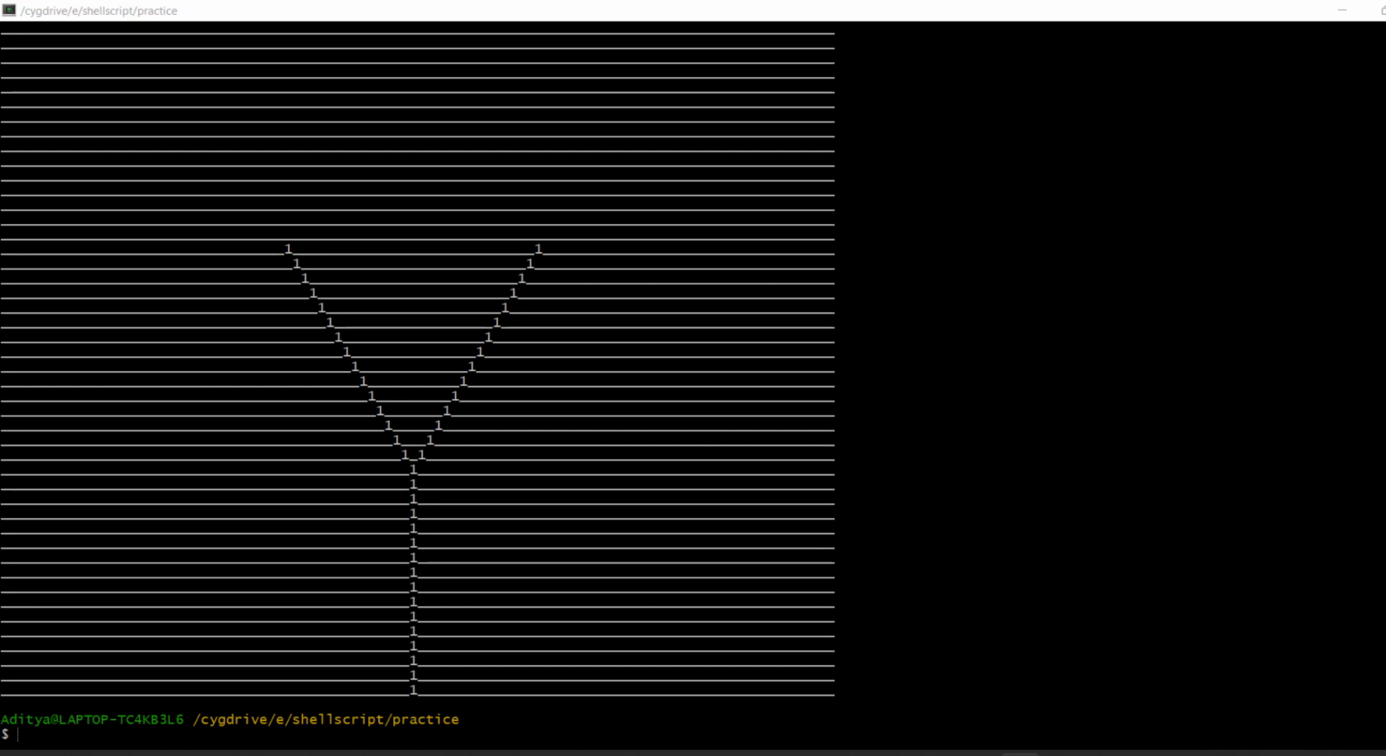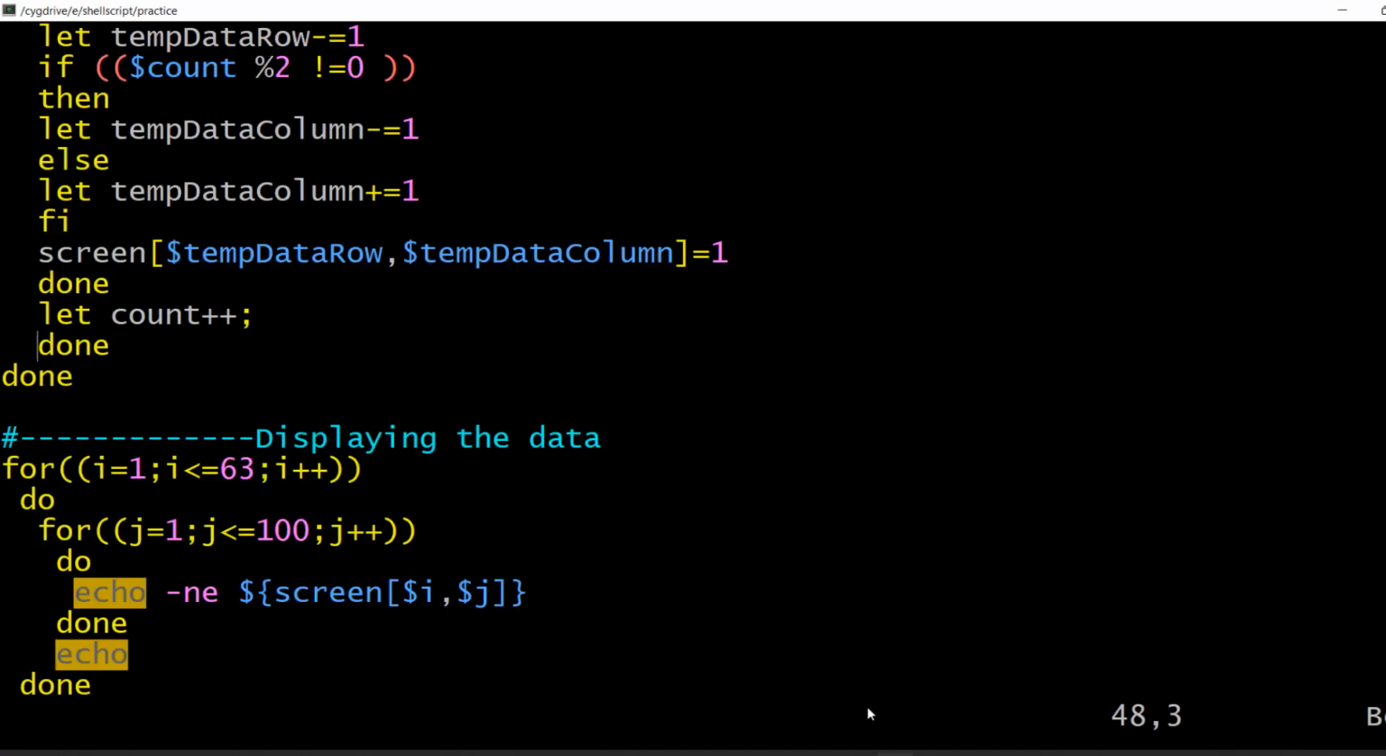Up to now, we have seen how to create a Y-shaped structure for a single iteration. Now we have to see how we can do the second, third, fourth, fifth iterations according to the input we will give. So first thing we will do, we will go to the shell script, and here I am